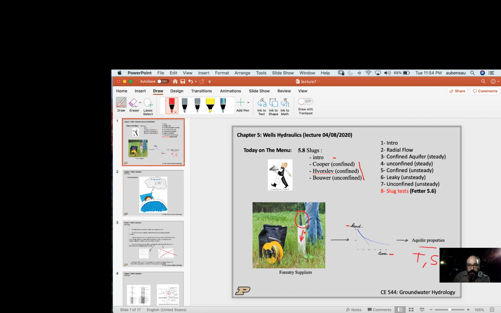And finally, the Boer method, which is a little cumbersome or a little more involved, but has the big advantage of being useful for an unconfined aquifer. So if you have a little piezometer like the one here on the picture, right, that you can do yourself with a 2-inch, 3-inch PVC pipe, you can drop something, and if you have a way to record the water level over time, now you can use the Boer method to find the properties around that well. So it's almost like a falling head